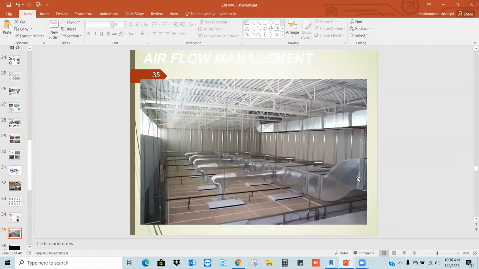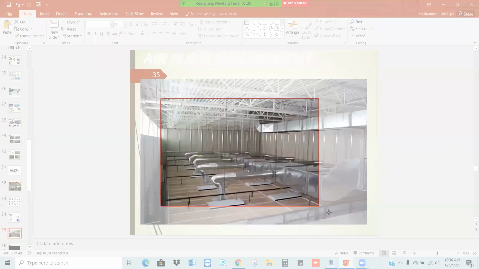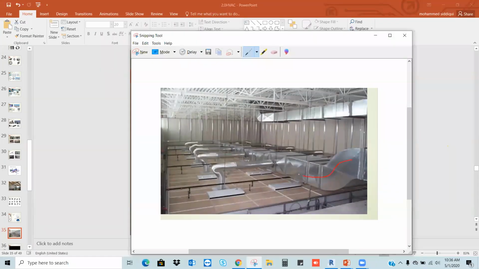Okay. Generally, if you see the air conditioning system, the main duct will come like this, and we will connect to the diffuser. Here we need to discuss a little bit. So let's say this is my main duct, and here I am going to connect to the branch duct. This is my diffuser. I'm connecting the diffuser. See, here I'm using the flexible duct to connect the diffuser to the branch duct.